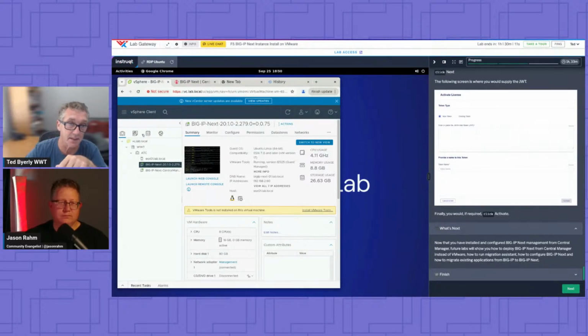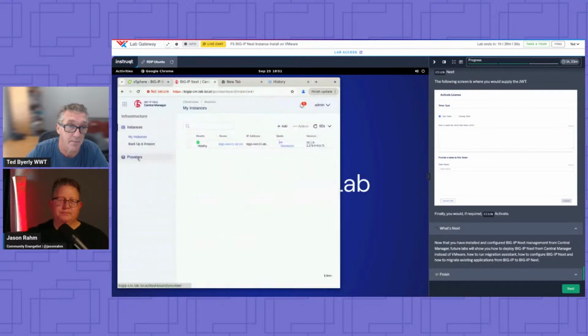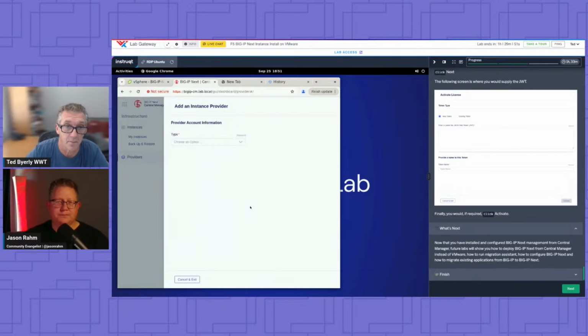A couple steps in here: you have a library, you have to import the OVA into the library, you have to set up a template, right? You set up a BIG-IP Next instance that's just basically off. And then from Central Manager, you would set up a provider, right? You would start adding the provider and what you would connect, as he spoke about. This one's VMware vSphere, right? There's VELOS and rSeries. You'd hook that up. So you give the host name, address, and you start connecting.